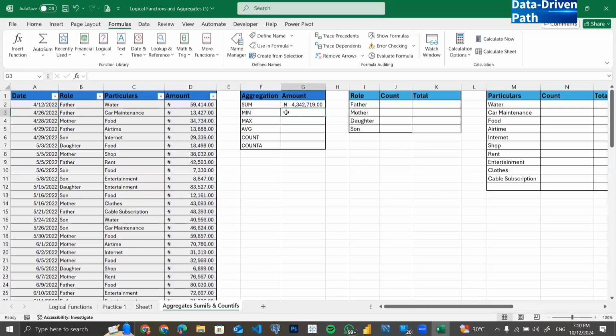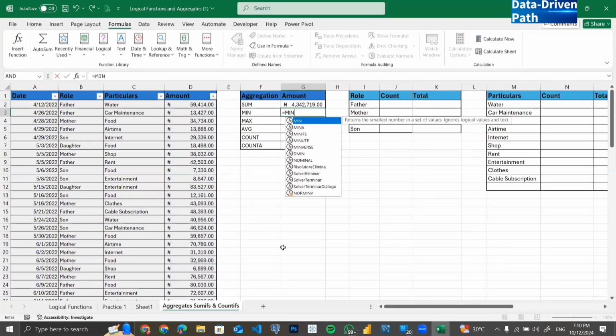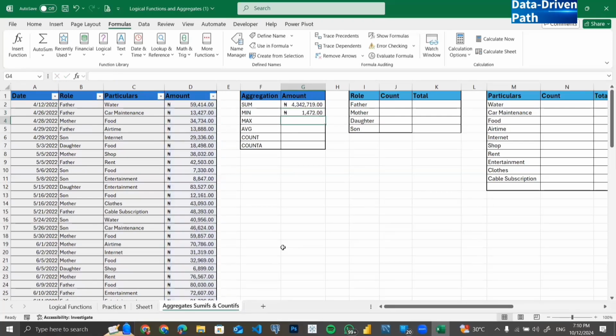Do you see that? So if I want to get the minimum of the amount, I'll simply say equal to min, open bracket, amount. So once you type amount, highlight the range, close your bracket and press enter. So you can see that it is easier to do it like that once you've already named the range you want,